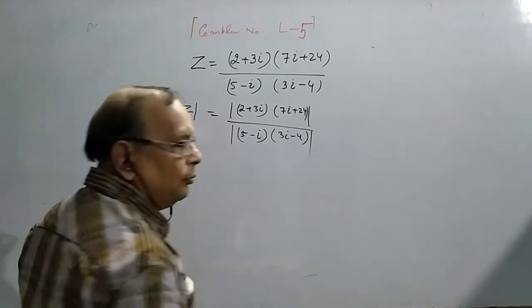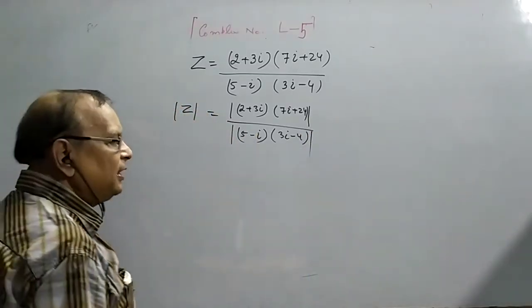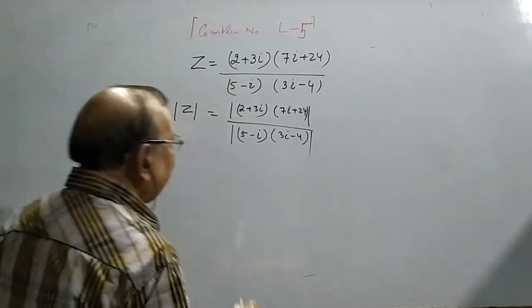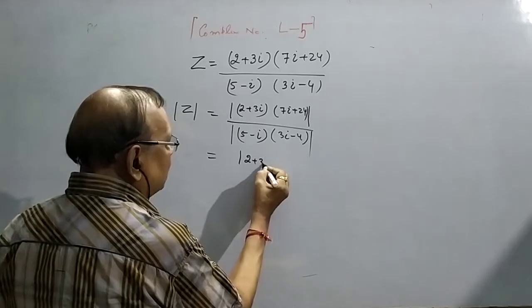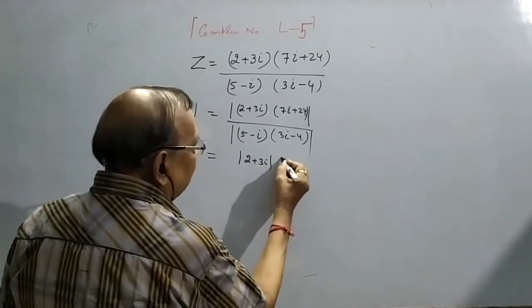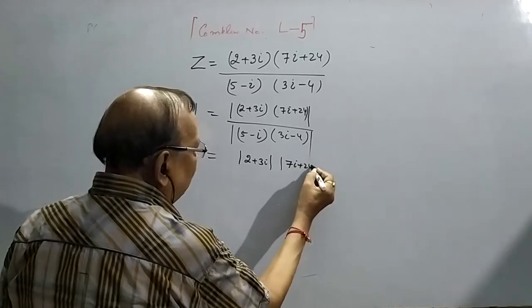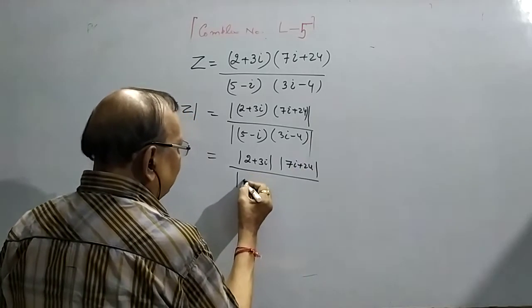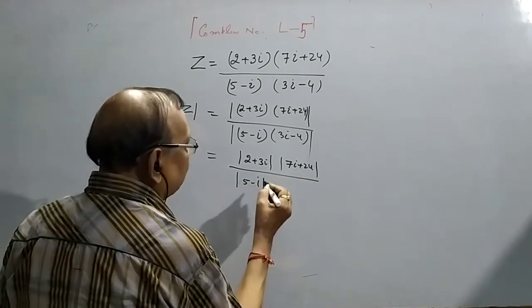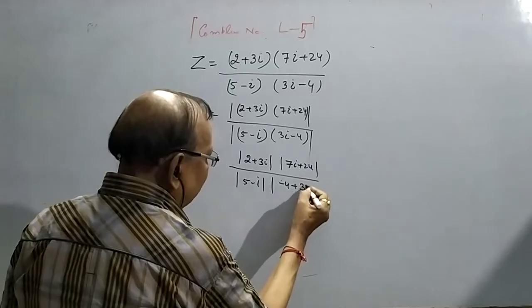Instead of simplifying in initial stage, that will be too lengthy. Again, we can use modulus of 2 plus 3i, mod of 7i plus 24, or you may write 24 plus 7i, upon mod of 5 minus i into mod of minus 4 plus 3i,